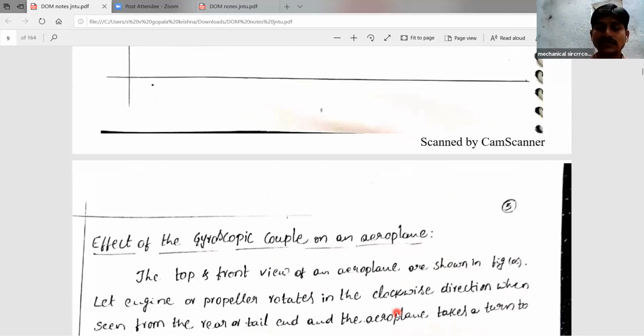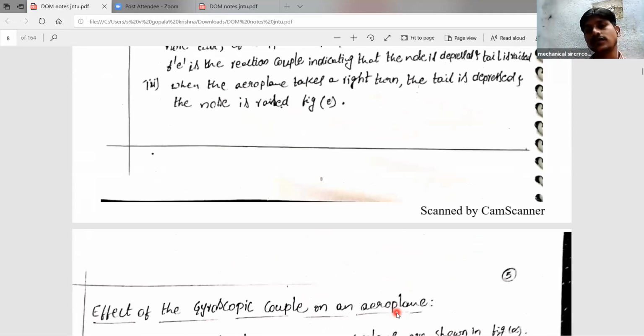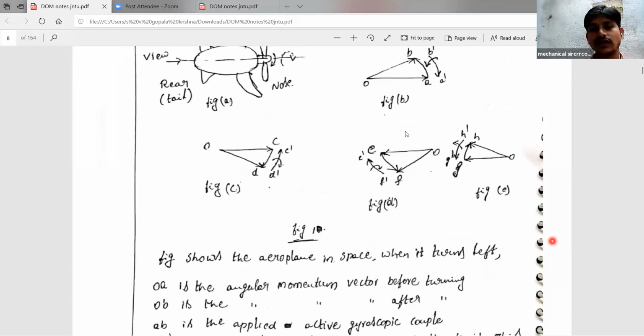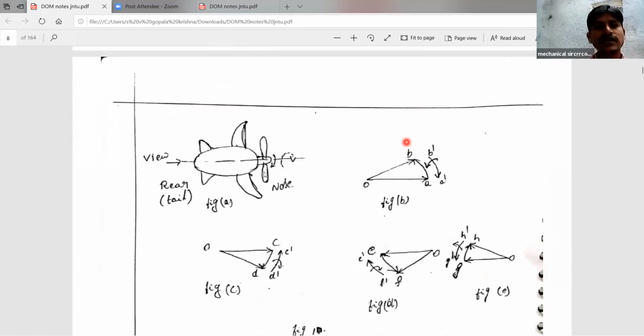Those conditions are easy to understand with the help of our vector diagram. So vector diagram representations are there, and you will observe that. When we draw the particular vector diagram, all of these are easy to understand. Mainly concentrate on figure A. Just understand only one condition. When we understand one condition, then if they give any condition, we can simply write the answer by the understanding of one condition.